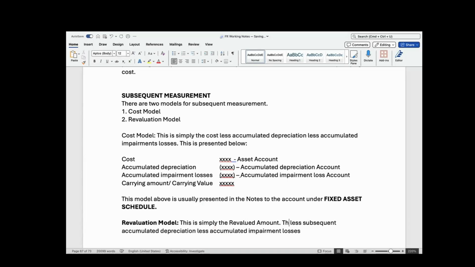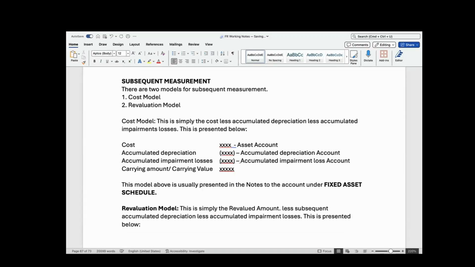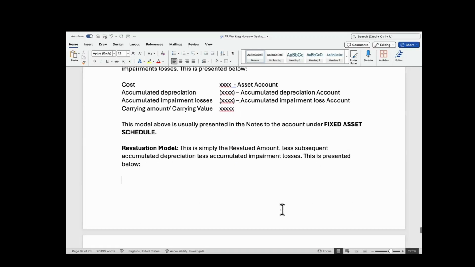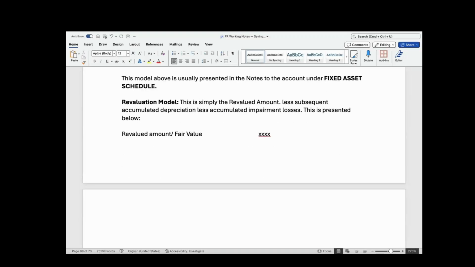And this is presented below. Again, we would have a revalued amount, which can as well be called fair value. You deduct subsequent